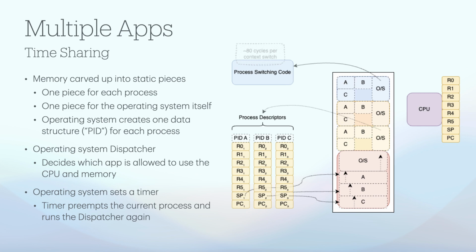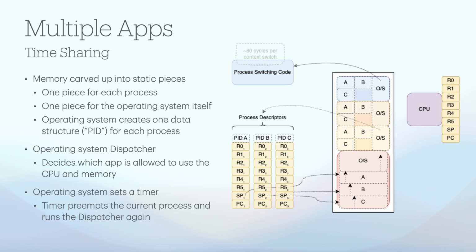Due to budget constraints, we had to run multiple applications on a single CPU. We loaded as many apps as memory could hold into memory at once. We divided the code memory to fit the apps, along with some shared operating system code and libraries. The operating system created in-memory data structures for each app. These data structures had enough info to save temporary results, like register contents, along with the corresponding stack pointers and